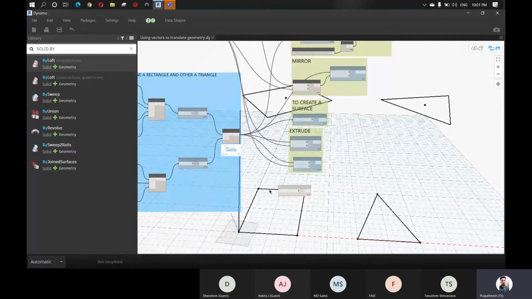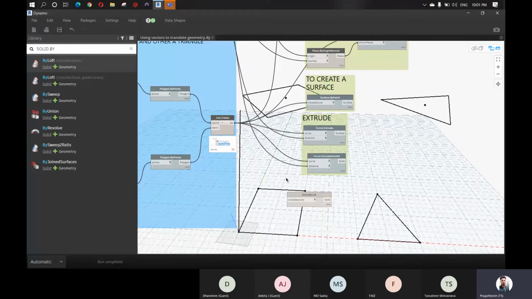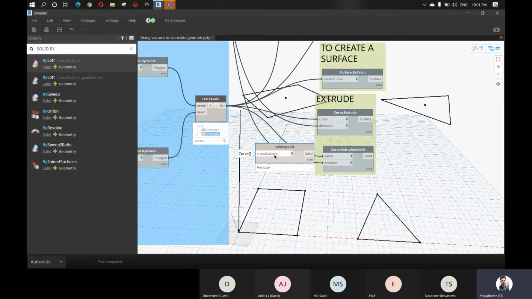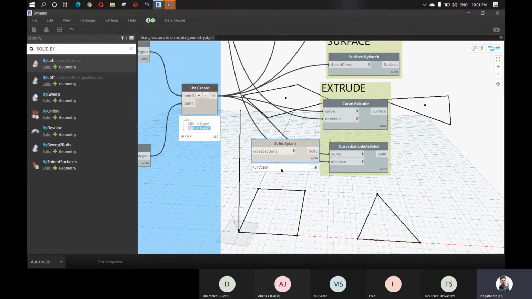Okay, so the problem here is that this list contains the bottom two polygons, this square and this triangle. But to perform this loft function, you all know we need a bottom surface and a top surface. So that is the problem. When I try to connect this to this function, it is not working because it has both the bottom two polygons, right? We want one bottom square and one top square, one bottom triangle and one top triangle. Instead, it has the list of two: bottom square and bottom triangle, and we cannot create a loft with these two, right? So what can we do?